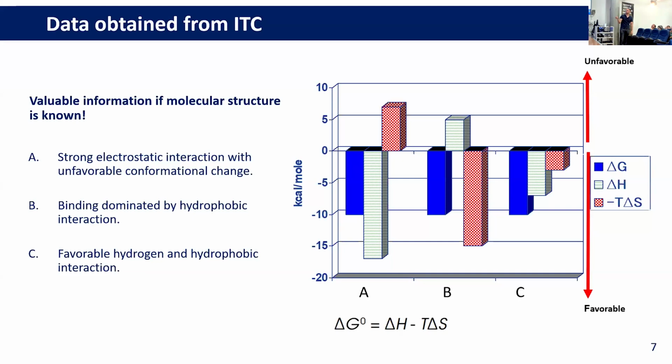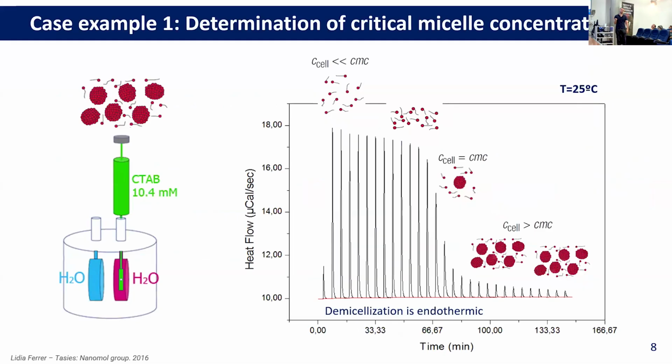In the second case, in the B, we see a positive contribution to the enthalpy. So the binding is happening through other reasons. For example, it may be hydrophobic interaction because we see a lot of contribution from the entropy, or we can have both of them. Okay. Let's see some examples to help you understand these things, or applications in which we can use ITC, because it not only allows us to understand the mechanisms by which they bind, but also, like in this case, it allows us to calculate the CMC of some micelles.